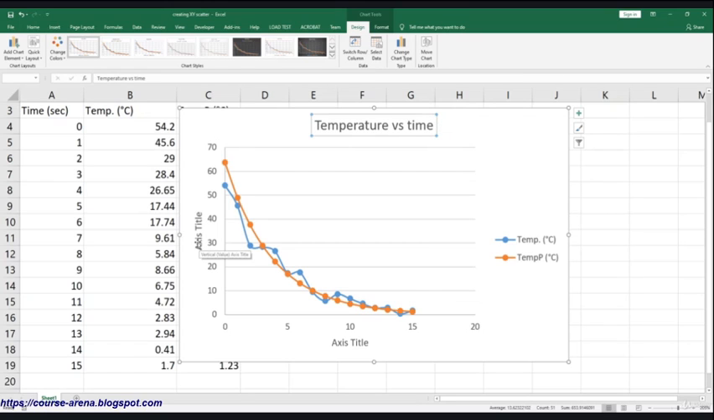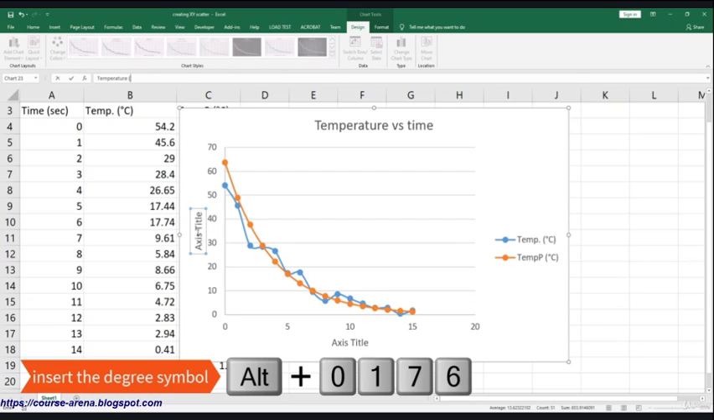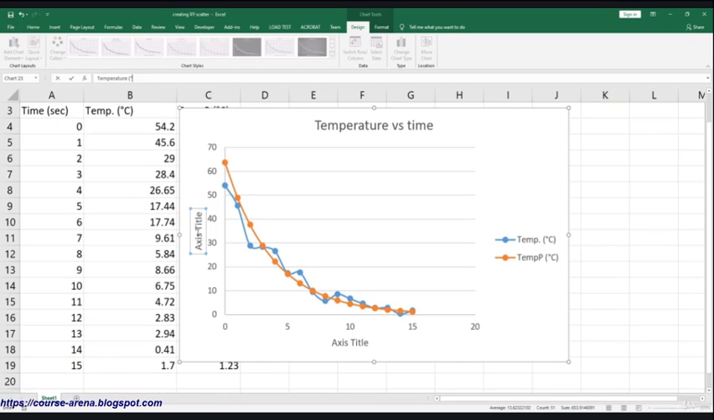So do the same for the vertical axis title. Select it and type in temperature in the vertical axis. Open up the parenthesis. Let's insert the degree symbol. So to insert the degree symbol, hold down the Alt key on the keyboard and press 0, 1, 7, 6 and release the Alt key. Then insert a capital letter C and close the parenthesis and hit the Enter key,